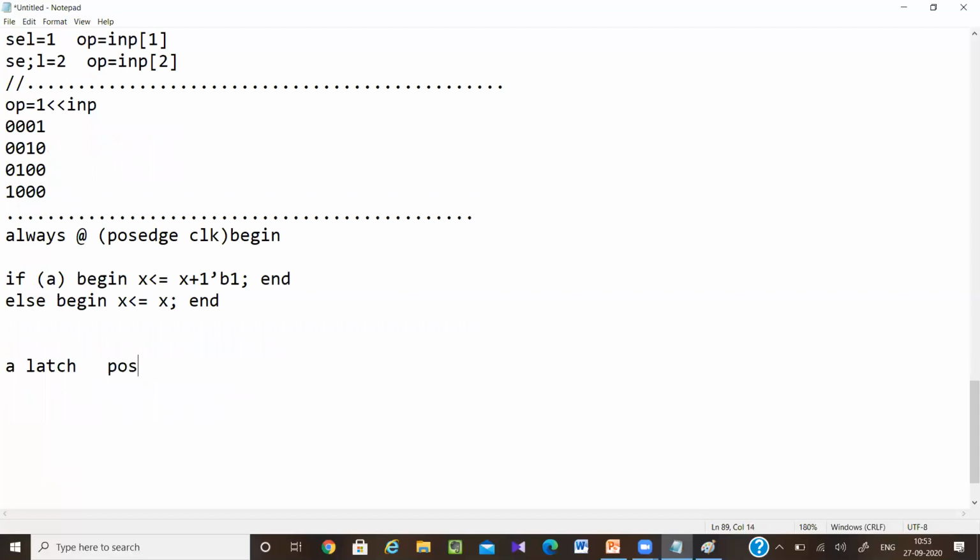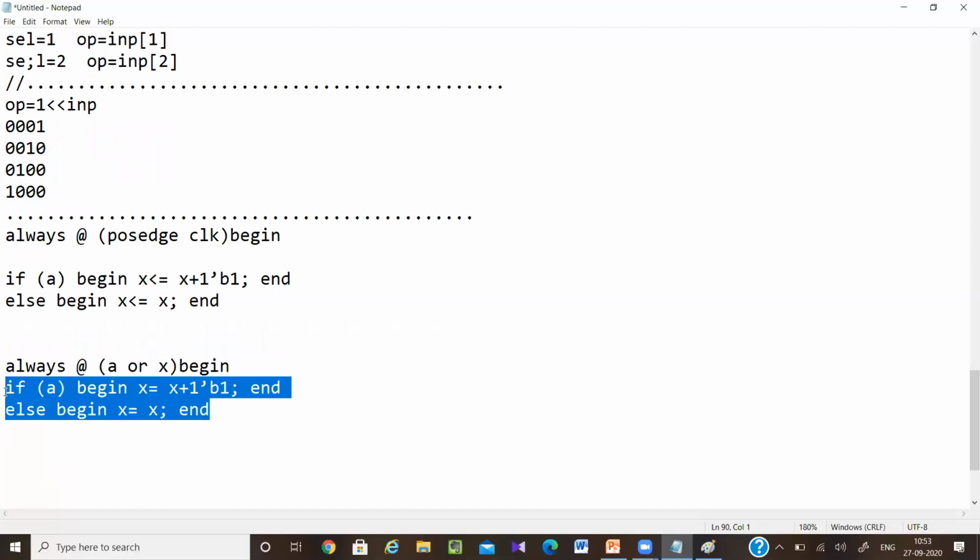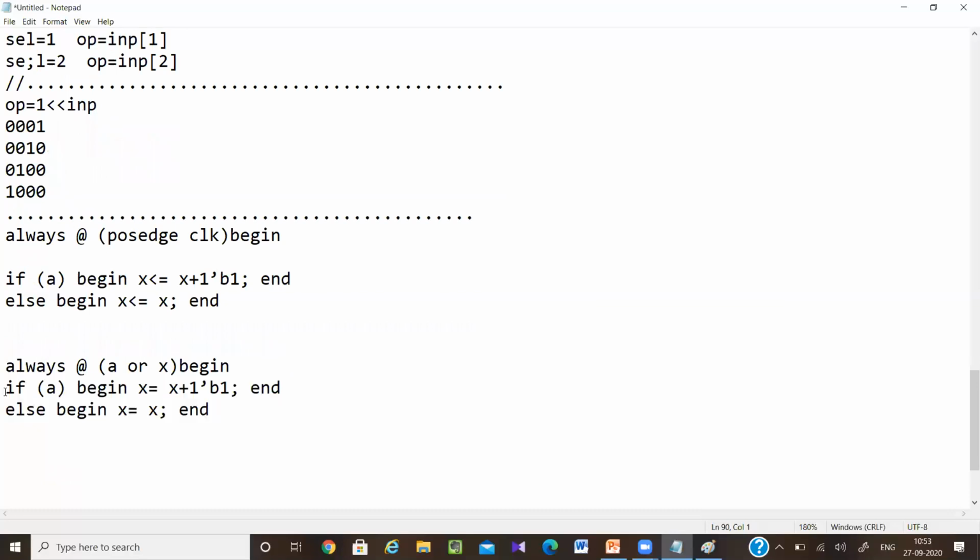So here, whatever was written previously, a latch is generated. True.